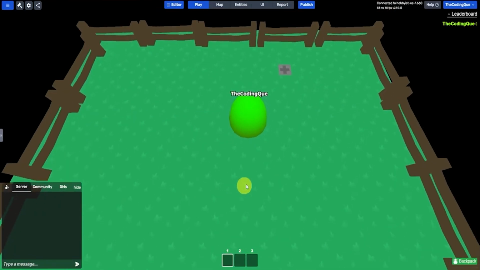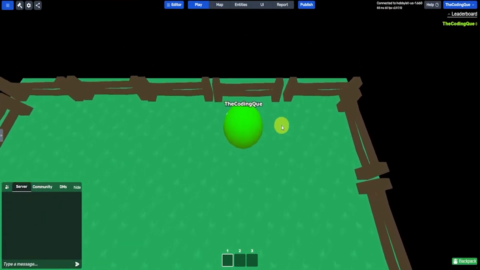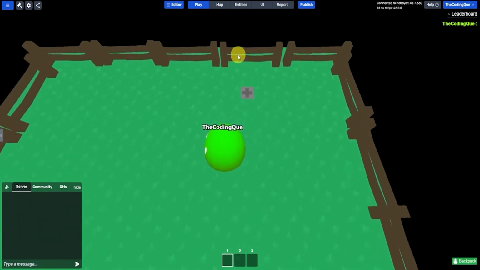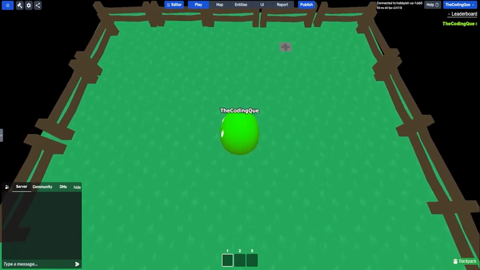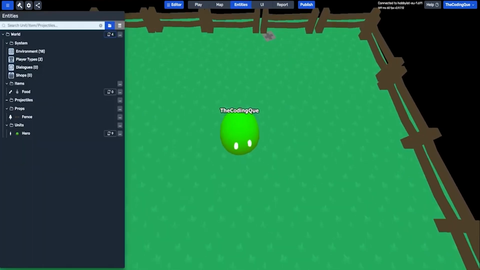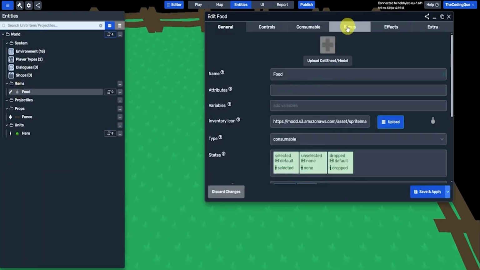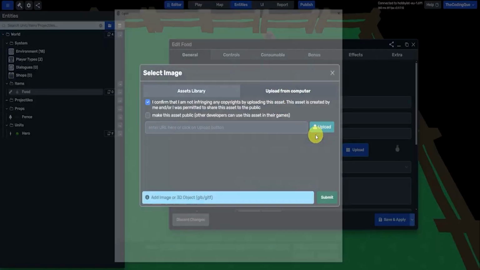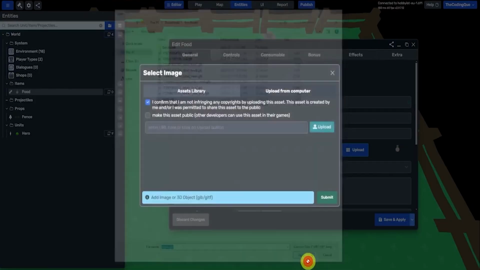Hey, you can see that it works, but our apple isn't an apple, and we can't really collide with it yet. So let's take a look if we can actually fix our apple now. All right, now let's head back to the food. We're going to go to upload sprite sheet, and we're going to upload the apple. Here we go. Let's open this up